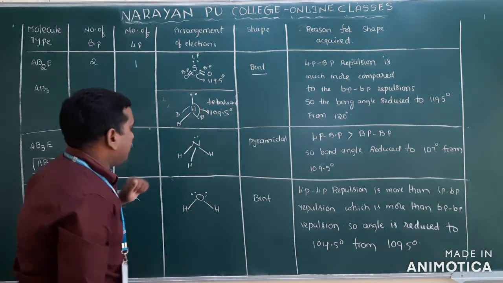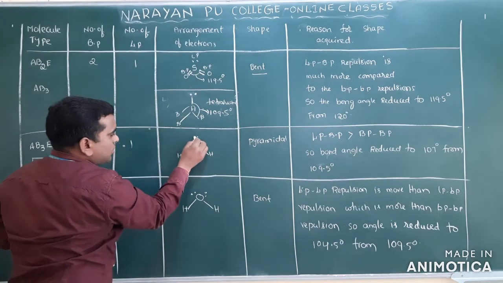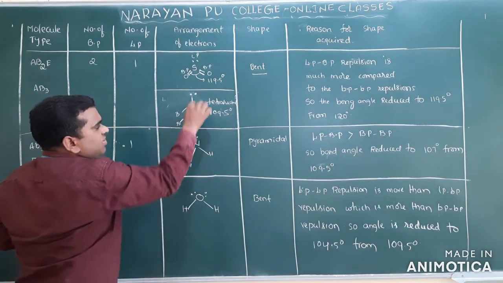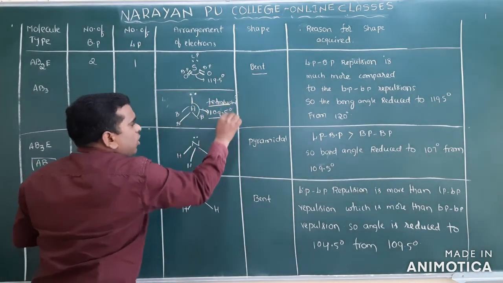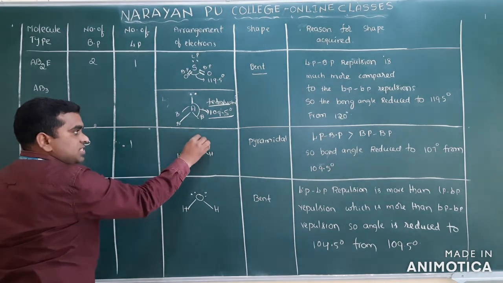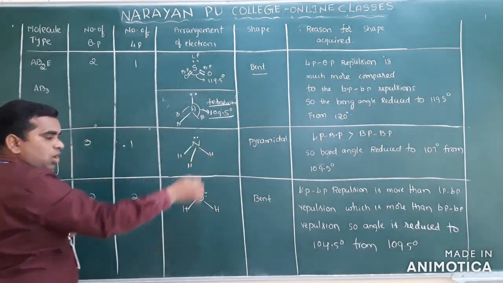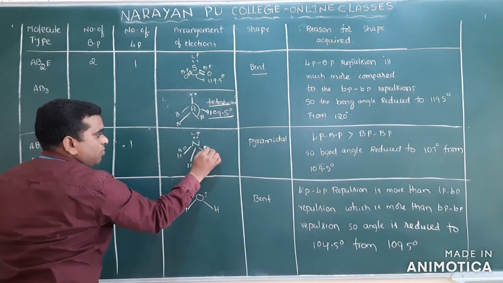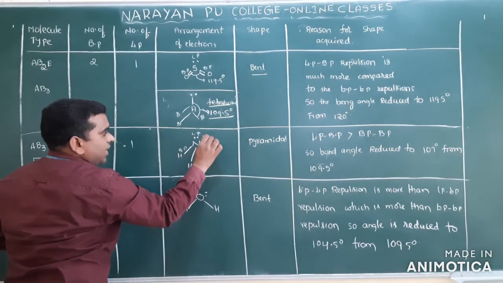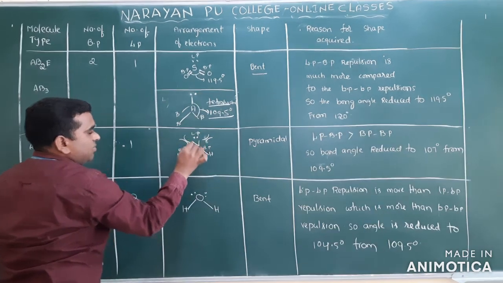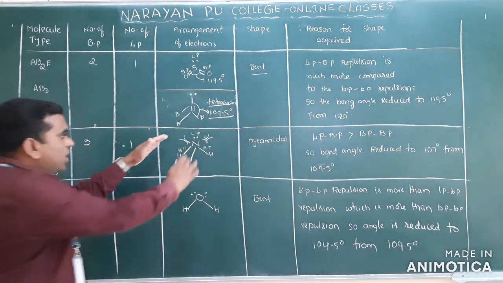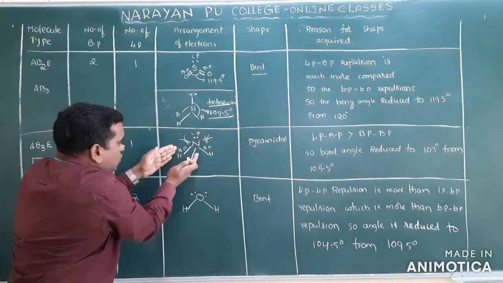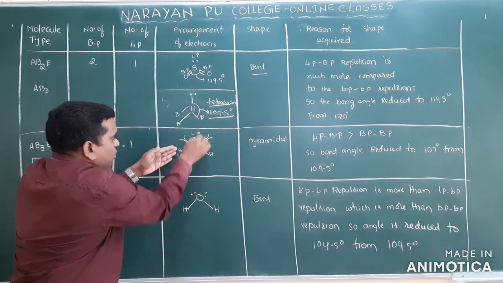Clear? And here also it is the same reason. Previously there was no lone pair, so it is tetrahedral with 109.5 degrees. But here, instead of one bond pair, what is there? One lone pair. So this is the lone pair, and these are bond pairs. And there will be repulsions here. To avoid these repulsions, these 2 bond pairs